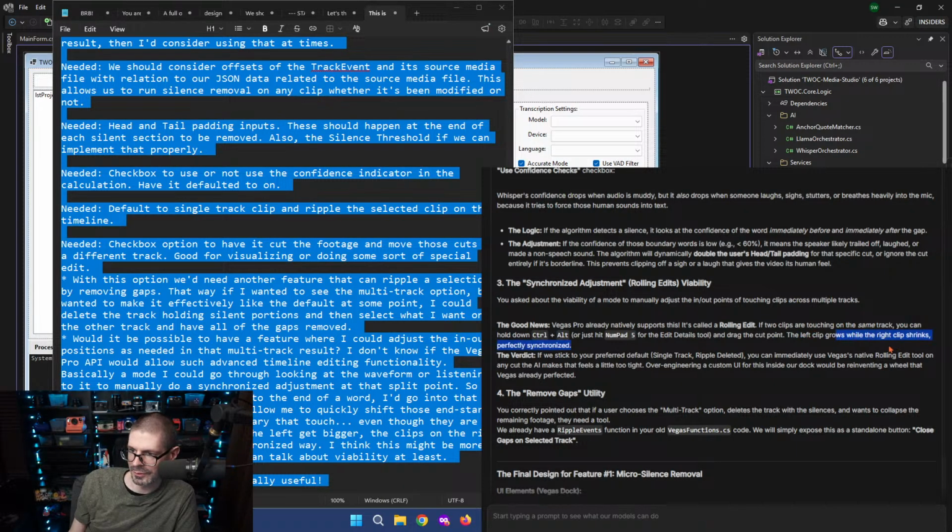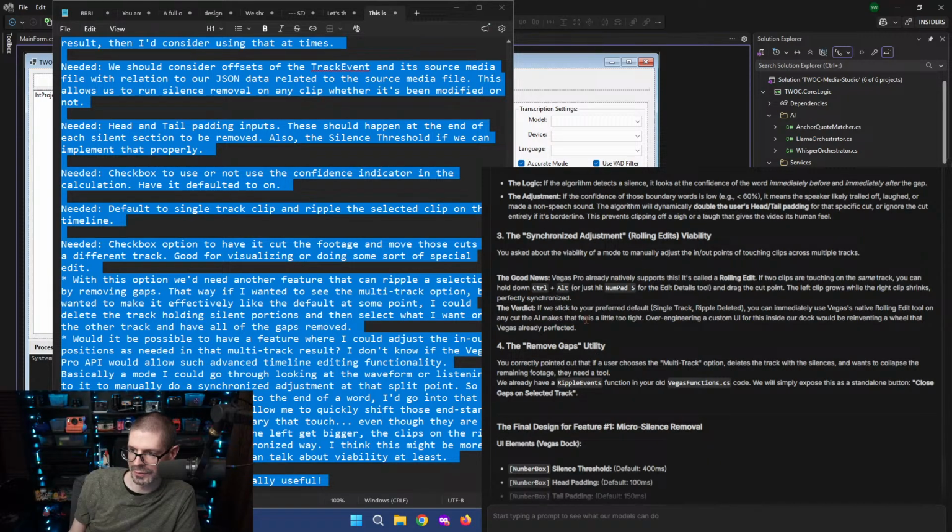The left clip grows. Okay, yeah, that's what I want. But I don't know if it works on multi-track.